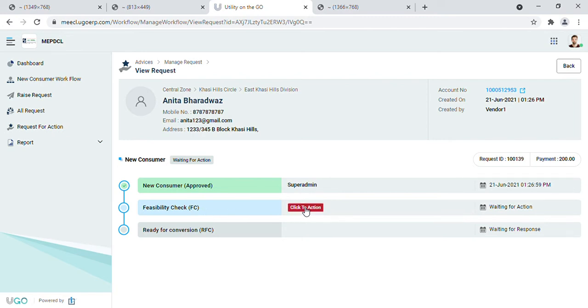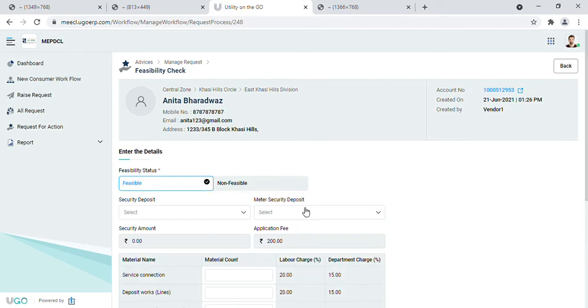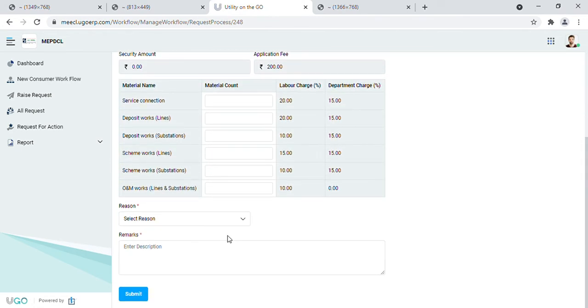The authorized person will click this button for the action. Now the authorized person for the feasibility has to mark feasible or non-feasible here. If feasible, then more details will be captured here. Then other costing will be decided by the selecting criteria.